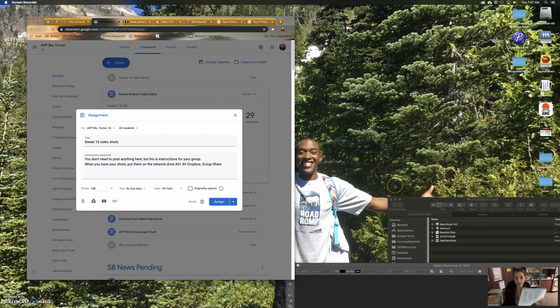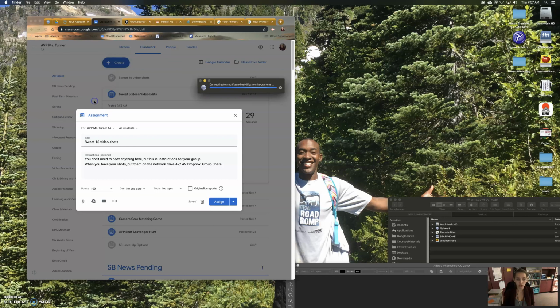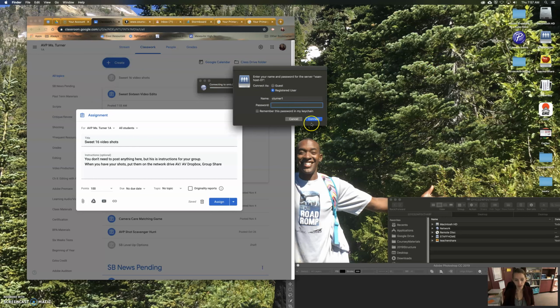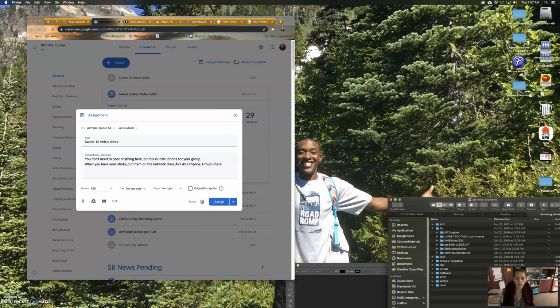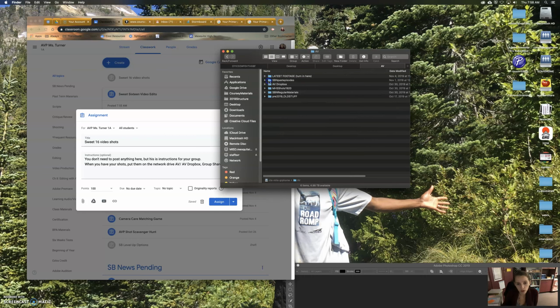Okay, so you have been working with your group on the Sweet 16 cinematography scavenger hunt, learning to get those different shot types. When you have those shots, what you do is you go, connect to server, and it should already be there because you should have connected to the server before. You'll put in your credentials, and it will open this. You're turning your stuff into the AV folder,